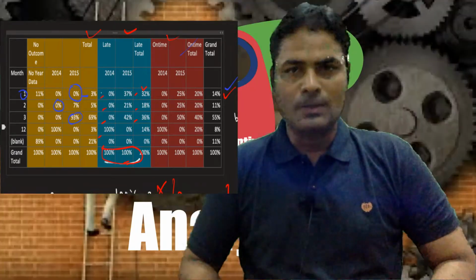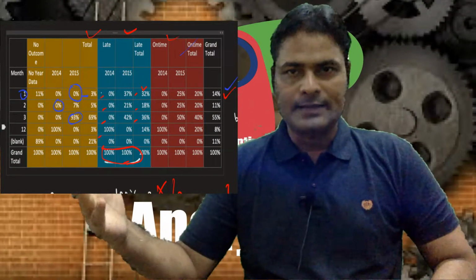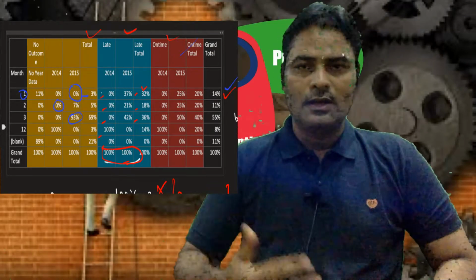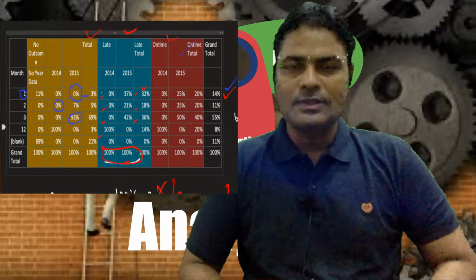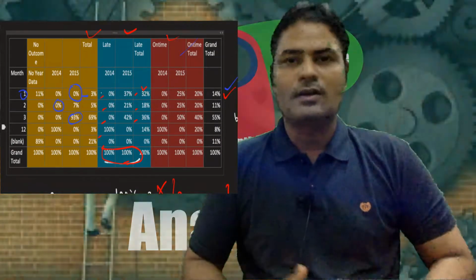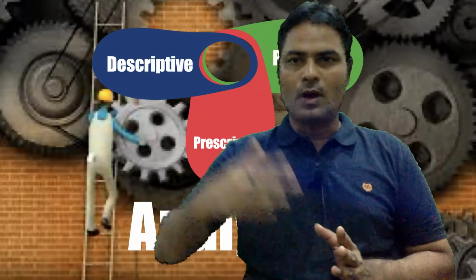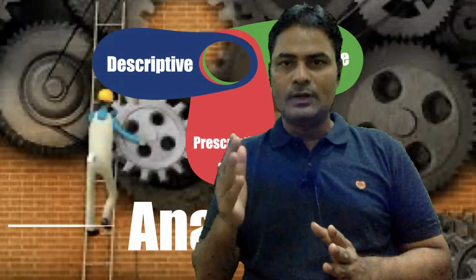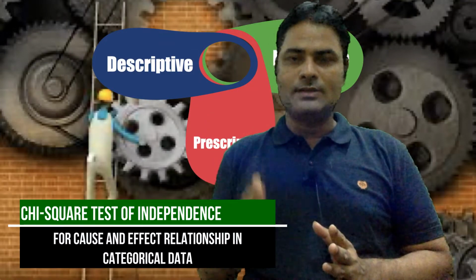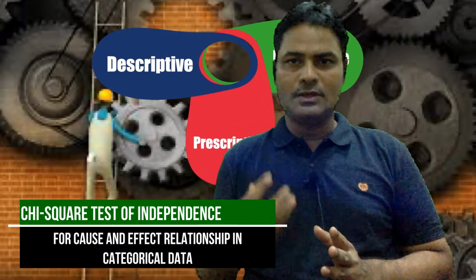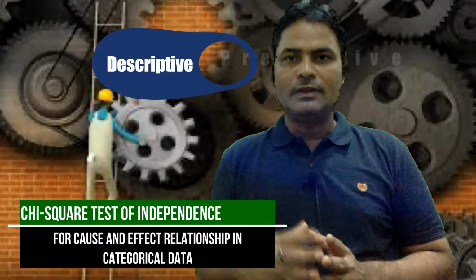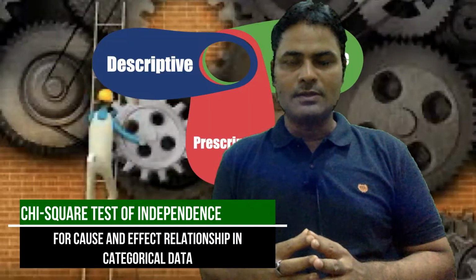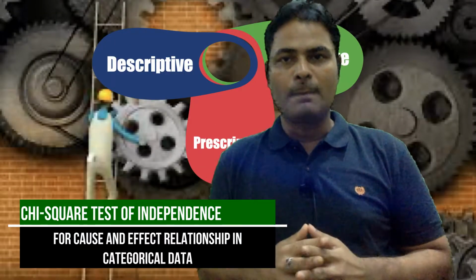So you can put your outcomes or outputs on the x-axis and your inputs or independent variables on the y-axis. Like this, you can use this structure of data in doing computation for the input-outcome relationship, or the independent variable and dependent variable relationship, by using the chi-square test of independence. The chi-square test of independence is a very good statistical tool to find the cause and effect relationship. If you want to create an outcome with evidence, then the chi-square test of independence can be applied on the contingency table.